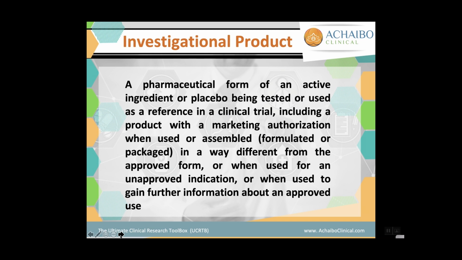So the first part is easy, investigational product. Now, the second part of this talks about if they want to use it in a different form, if they want to use it for an unapproved indication, if they want to get further information. This really ties a lot to the US and Europe. It applies to the rest of the world, but these definitions really come from the way that their laws are put together. So these really apply a lot more to open label. Open label just means everybody knows what people are getting, drug or placebo, we all know. But this tends to apply to phase 4 studies. So they're very strict laws.